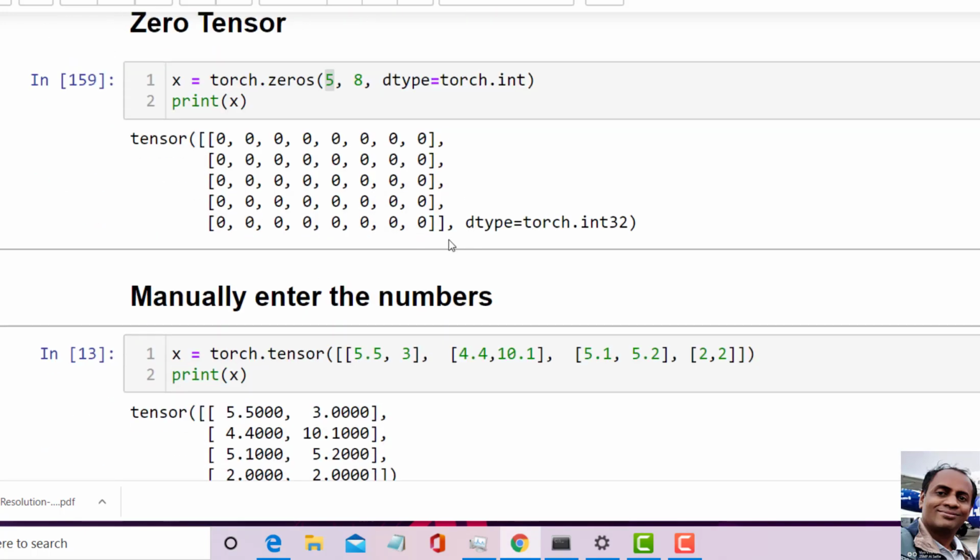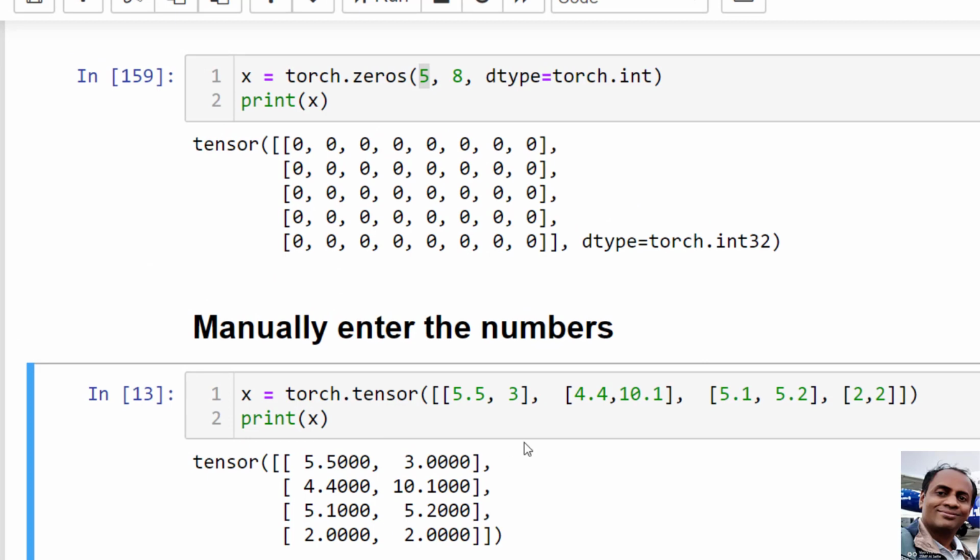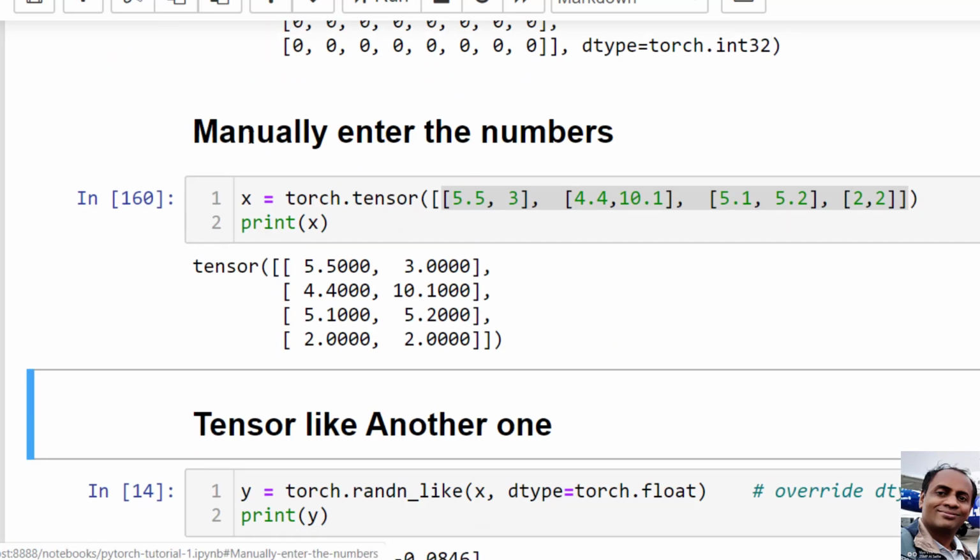So you can also create one by adding the numbers manually. This is the way. So if I want to create a tensor of like 1, 2, 3, 4 rows and 2 columns, these are the columns, right? So I can specify like this with the square brackets. These are rows. Okay, and the whole thing has to be enclosed in a square bracket. Okay, this is easy. So I created that. Okay, and you can have an arbitrary number of rows and columns. It's your choice. You can experiment with whatever you want.